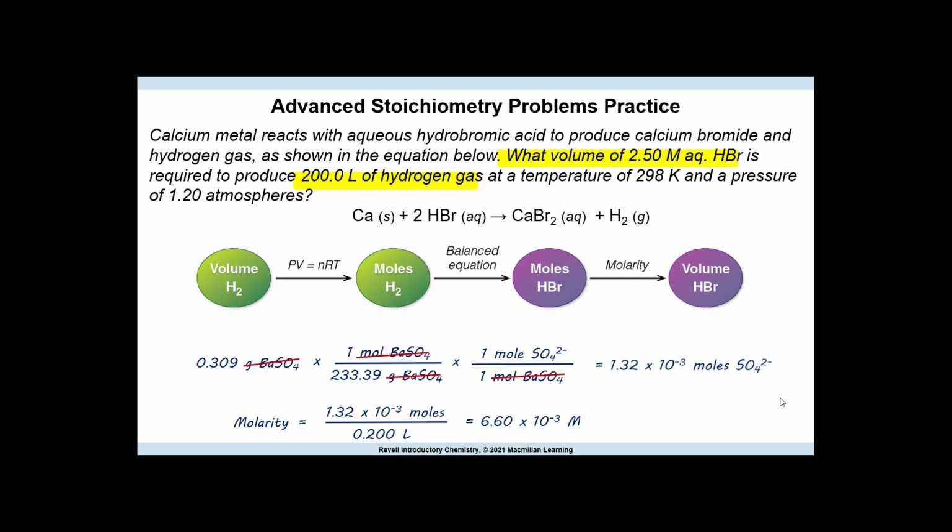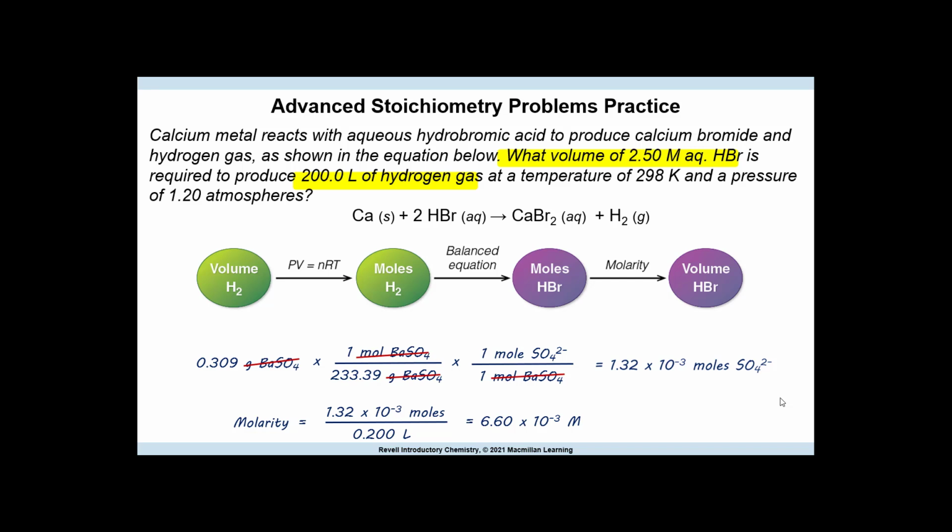So this problem gives us the volume of hydrogen gas at a particular pressure and temperature. Then it asks for the volume of hydrobromic acid solution necessary to produce it. In order to solve this problem, we must begin with the volume of hydrogen gas and end with the volume of HBr solution. In order to get there, we must go through moles of hydrogen and moles of HBr